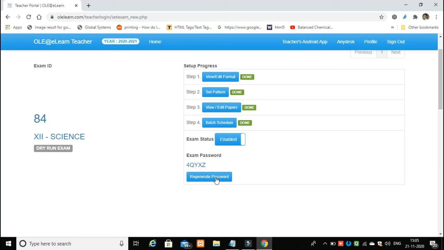They can review the performance chapter wise, they can take the examinations and they can come out of this difficult situation of COVID.